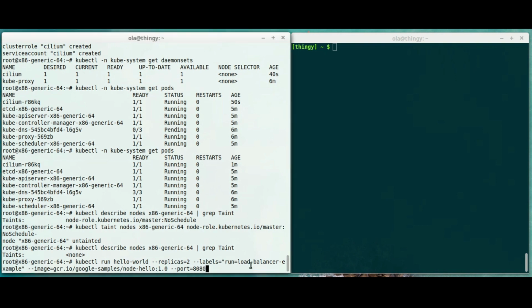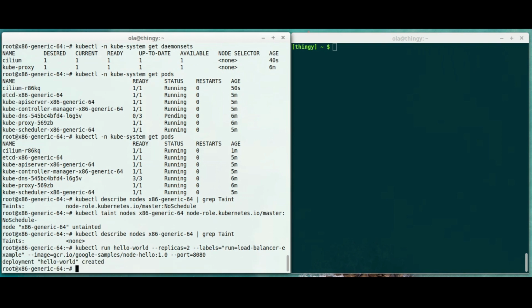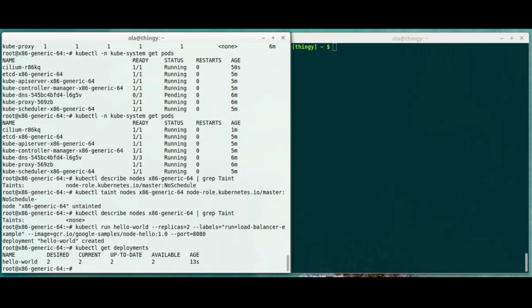We label it as a load balancer example, and we pick the image from gcr.io. So now if we do kubectl get deployments, we see hello world deployment up and running,